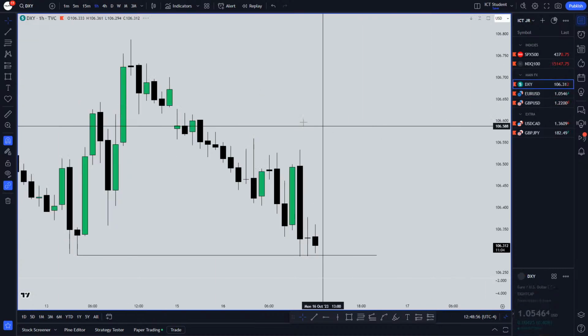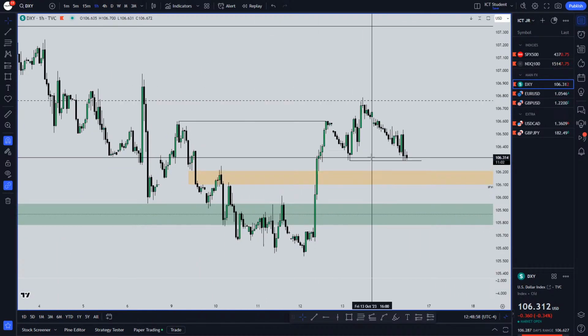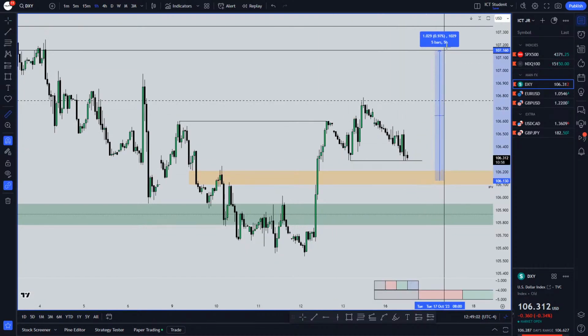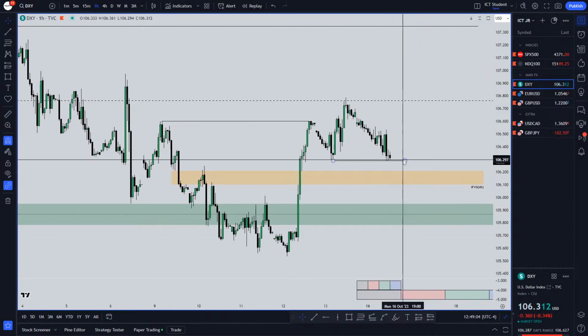Looks like to me euro wants to go higher. Let's go look at the dollar. You better take out these lows, man. Come on, dollar, take out these lows. Come back in here, then rally out. Very simple and sweet, ladies and gentlemen.